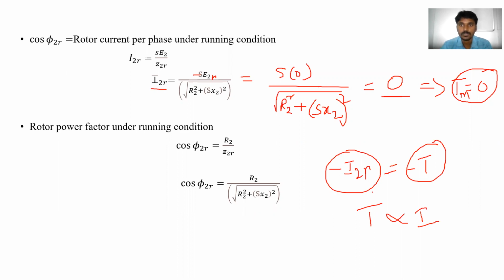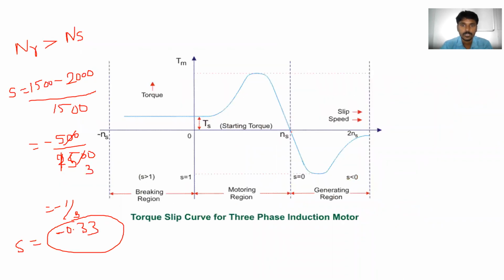The torque also goes negative. So that's why here the torque is going to be negative. Like the same way, the torque goes to its maximum negative value, and after that it decreases like this. Initially the torque is minimum and then it increases. When the motor speed increases, the torque decreases.